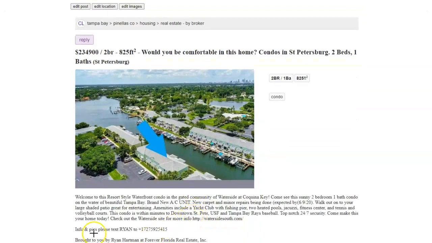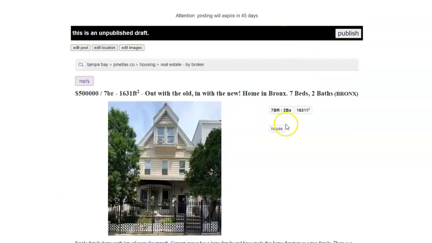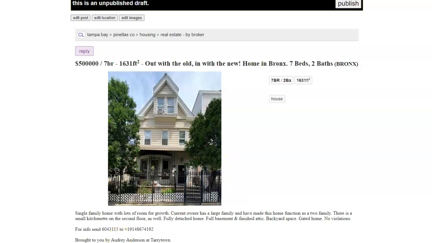Now, one of the first things I want to show you is it says info and pics, please text Ryan to, and this is my global call to action for the smart number, where that'll come to me because I have an office smart number and I haven't purchased my own kvCORE smart number yet. Now, if I had purchased my own kvCORE smart number, we'll go to this account here. This is a demo. If I had a kvCORE smart number, it would automatically append the MLS number right here